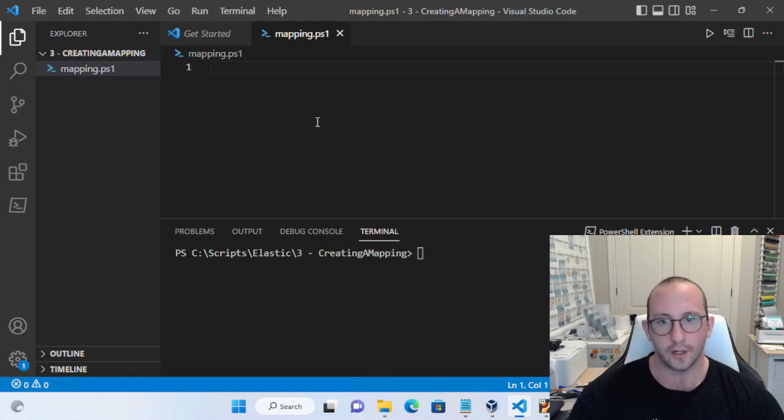In this video, we're actually going to be taking a look at creating a mapping for our index, for our test index that we're going to be using throughout this series. We're going to be creating a log instance. So basically we're going to be able to store items that are relating to logs. So we're going to write a little script that's actually going to write to that log instance. And then we're going to be able to actually fetch those